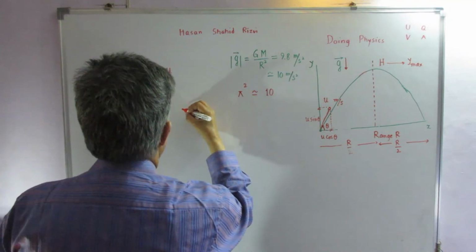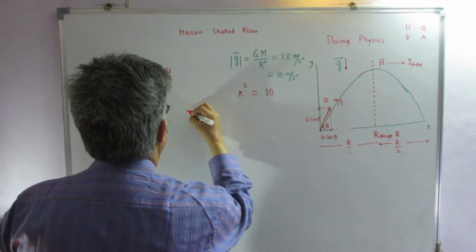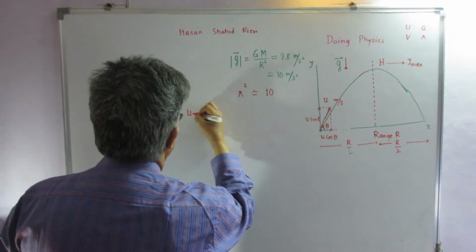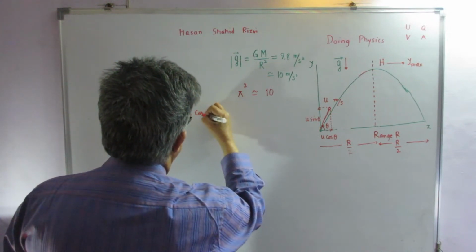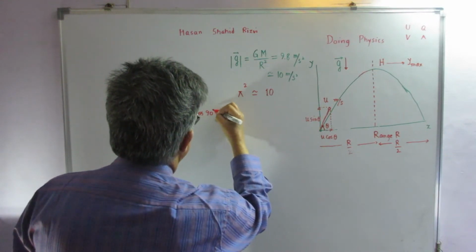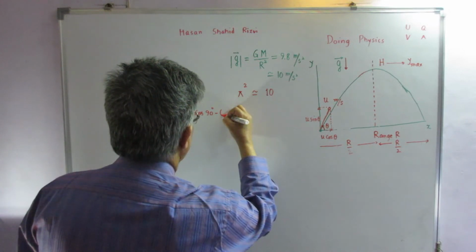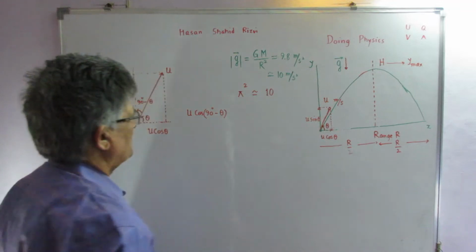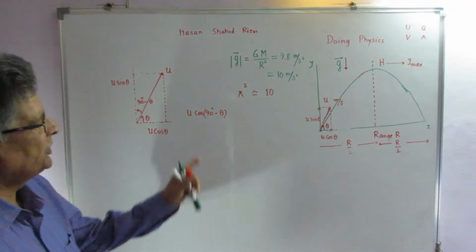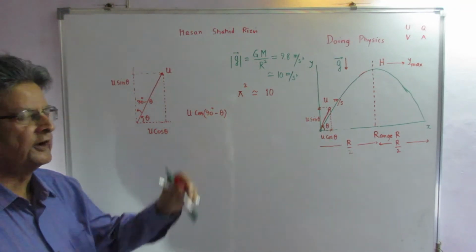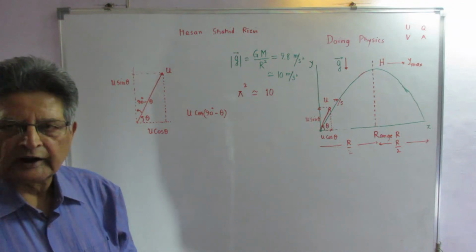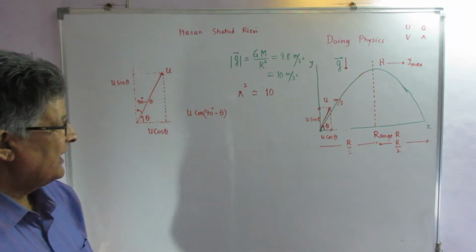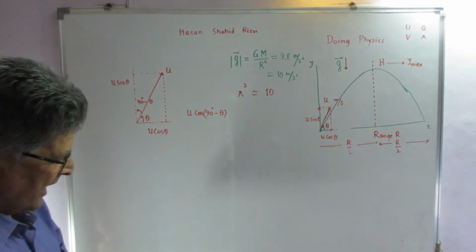The vertical component is u cos of 90 degrees minus theta. I'll not ask you to straight away say that cos of 90 degrees minus theta is equal to sine theta. But instead, I will do